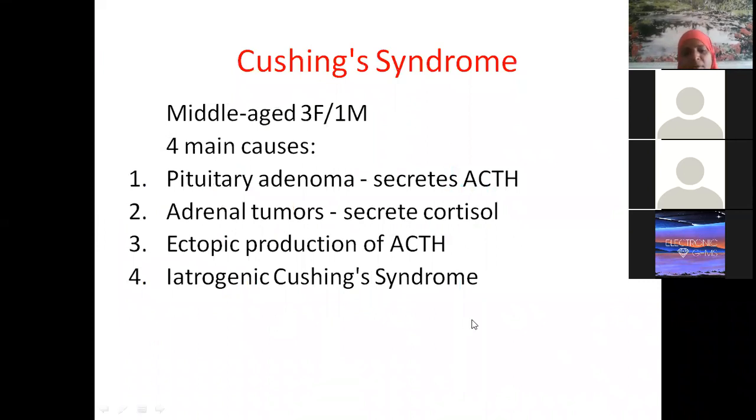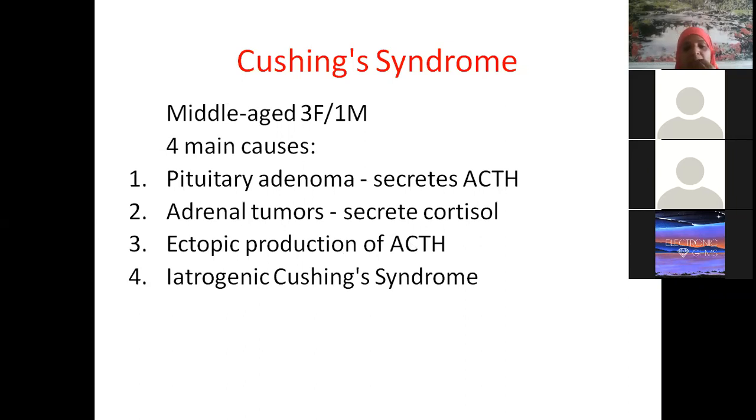Because again, you may have all clinical types of questions. Cushing syndrome is usually seen in middle-aged people. It may be due to a pituitary adenoma which secretes ACTH. If ACTH is released more, obviously it goes and stimulates the adrenal gland more for the release of adrenal hormones, isn't it? Or direct adrenal tumors, or sometimes we have certain tumors which are ectopic.